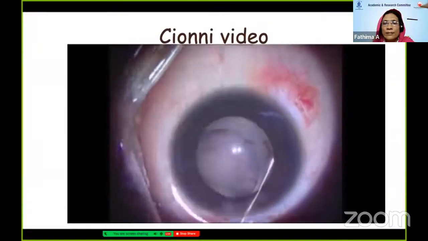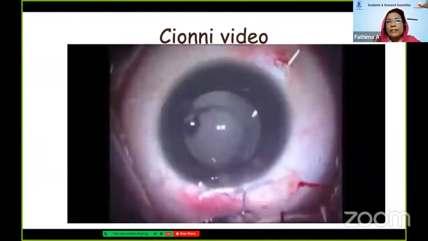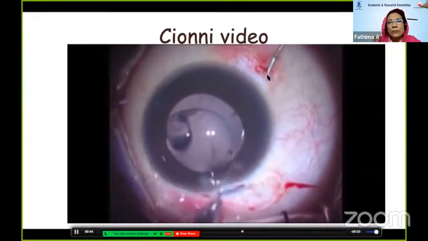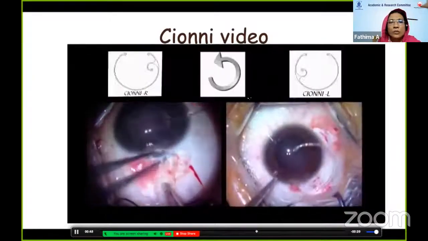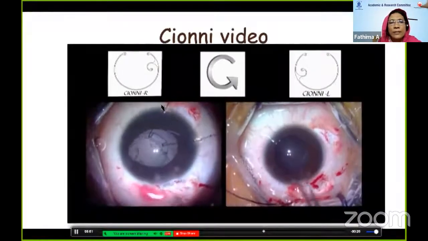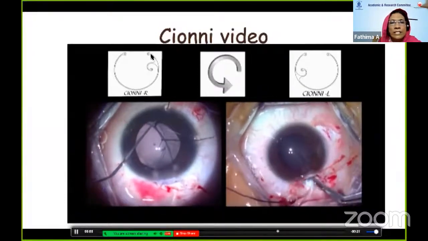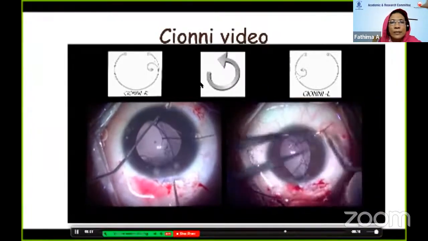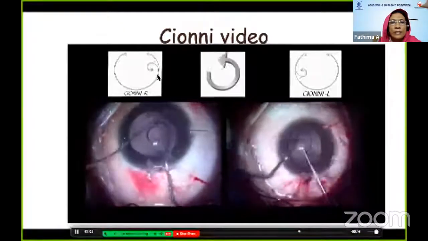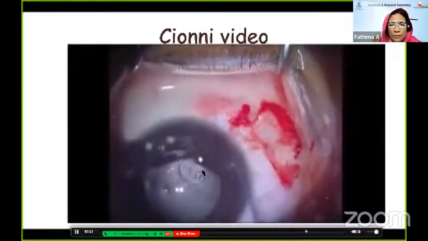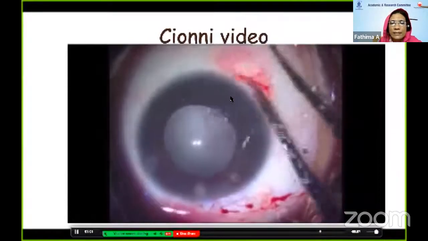And to keep everything under conjunctiva, I have made that scleral groove after opening the conjunctiva and after passing this. These are two similar cases, but introducing different Cionni type rings. So we have to take care which end has to go first based upon the orientation of the Cionni CTR. It's quite easy. The question mark kind of sign should be there if we look from this side. That's the